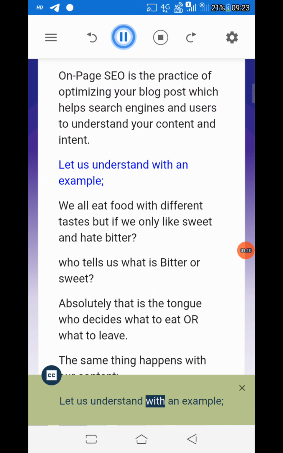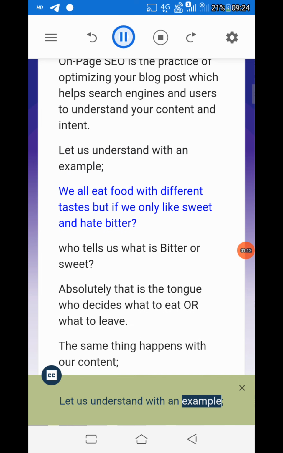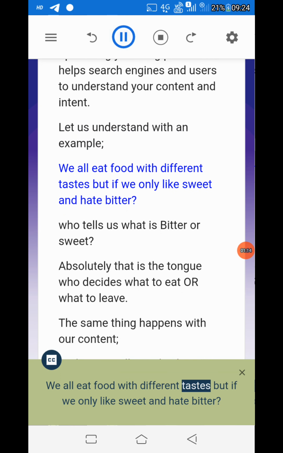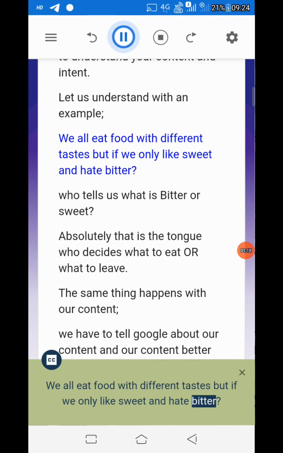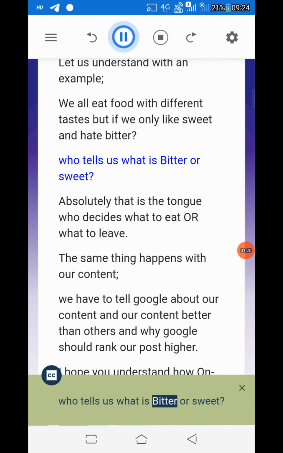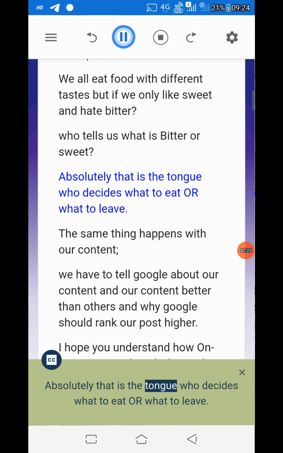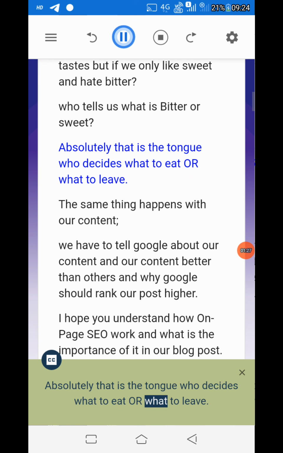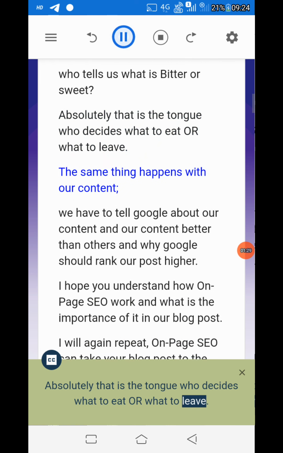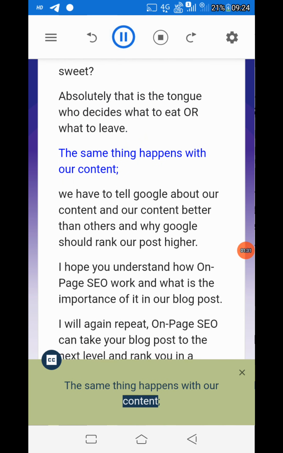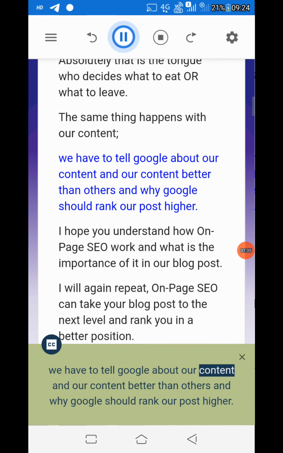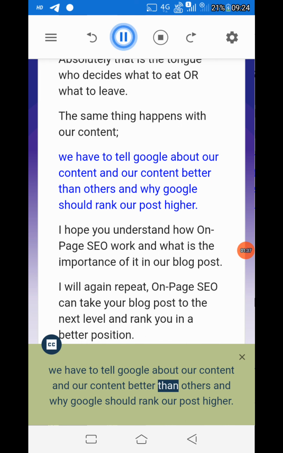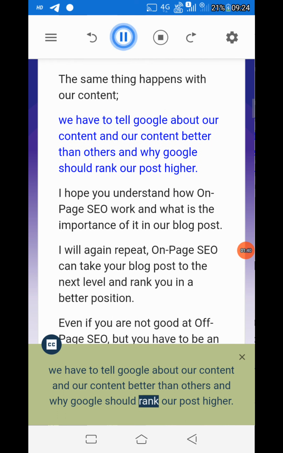Let us understand with an example. We all eat food with different tastes, but if we only like sweet and hate bitter, who tells us what is bitter or sweet? Absolutely, it is the tongue that decides what to eat or what to leave. The same thing happens with our content. We have to tell Google about our content, that our content is better than others, and why Google should rank our